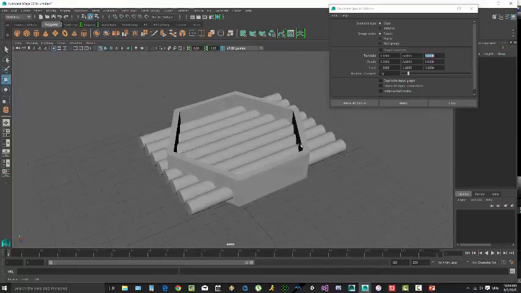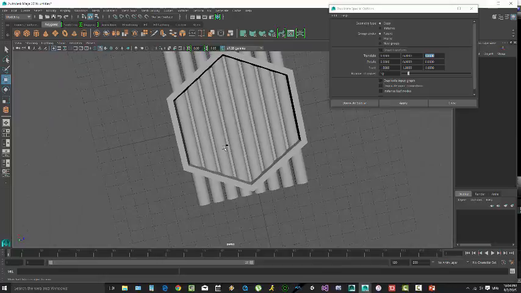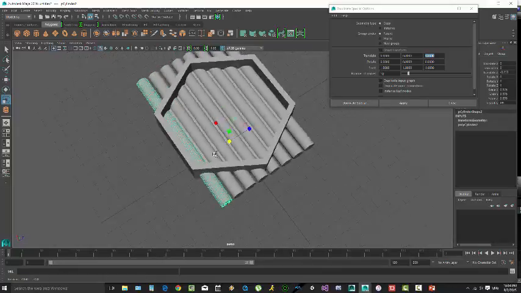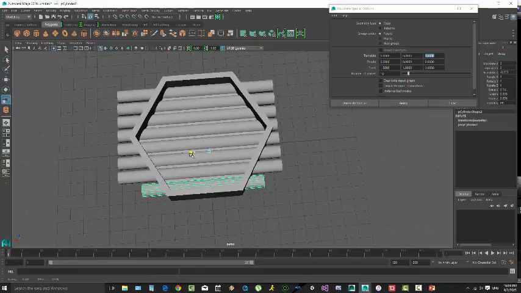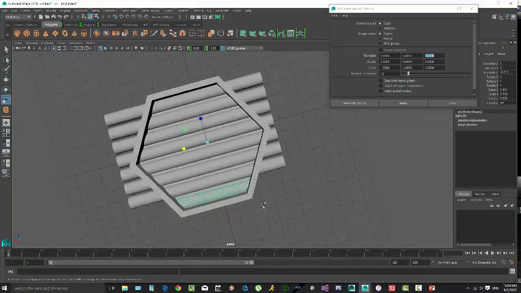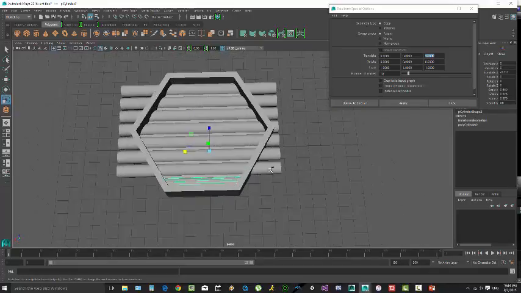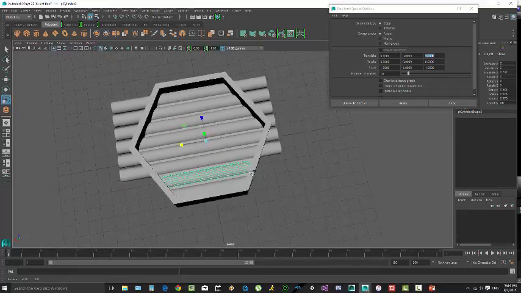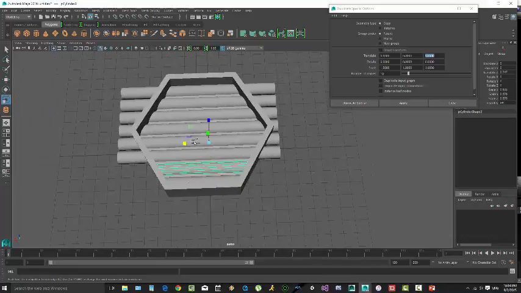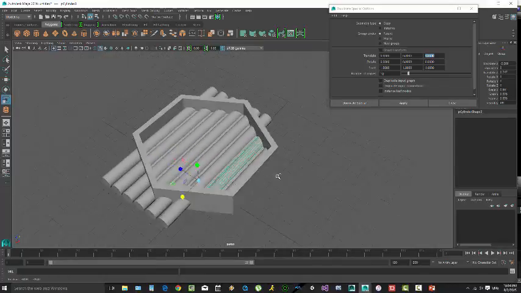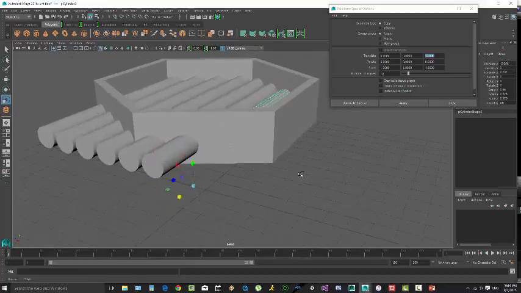Okay, now with that done, we want to go in here and change the scale of these so they'll fit inside of the other geometry and don't look like they stick out like that. You want to be careful that you don't go in too far, obviously. Now if you have this trouble where just a little bit of it sticks out,